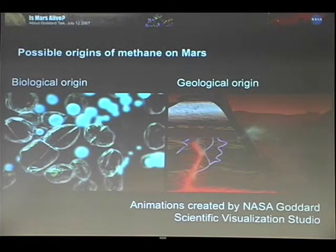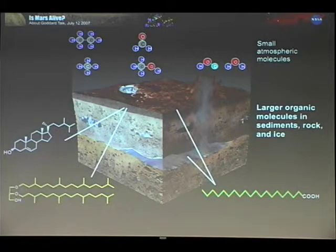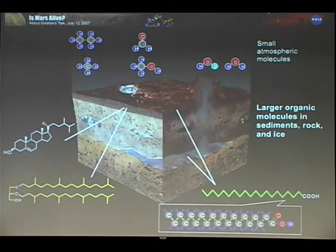And potentially at certain seasons, as the ices on the sides of these hills melt, then the methane has a path to escape. And so it's really a fundamental question where methane is coming from. Is it one of the signatures of life that's on Mars or not? Of course, in addition to simple molecules, life produces complex molecules. They're not going to go into the atmosphere in this very cold environment. And so the only way to get to them is to go down into the surface and dig around and get into old rocks. And that's what we're intending to do with the